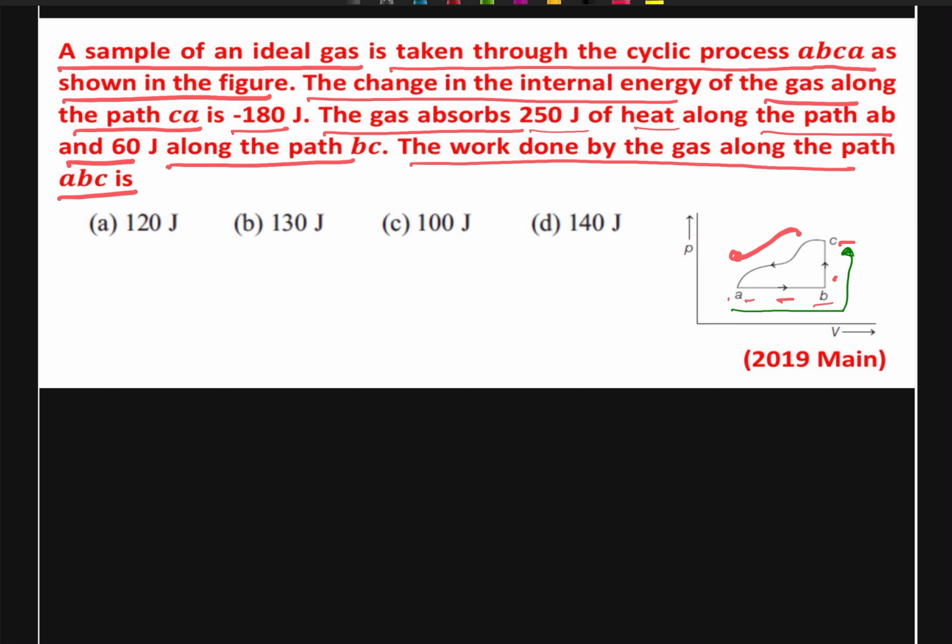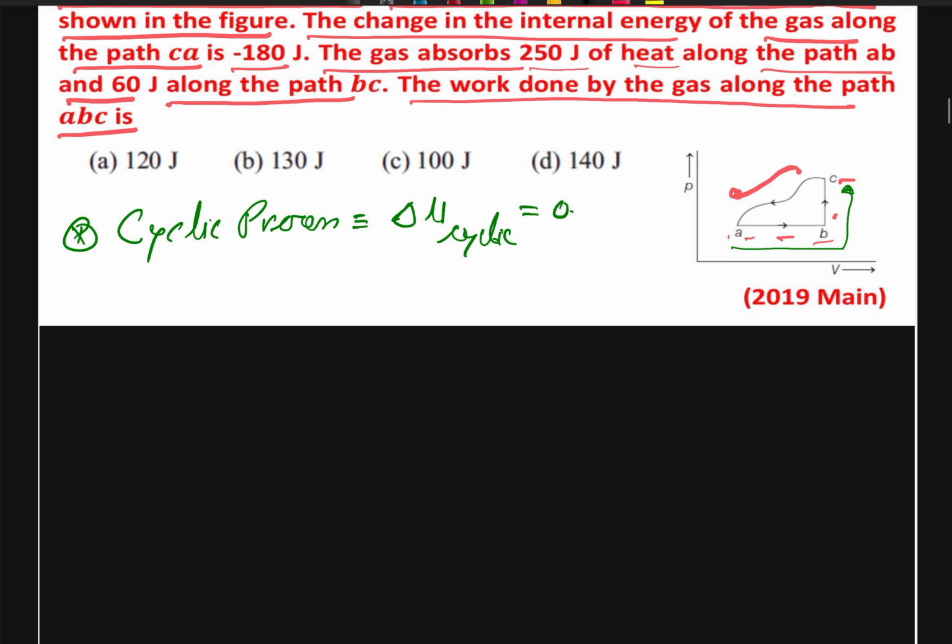So basically this is a cyclic process. So total change in internal energy is equal to 0. So we can say cyclic process, and therefore change in energy along the cyclic process will be equal to 0. And we are going to use our first law of thermodynamics. So from first law